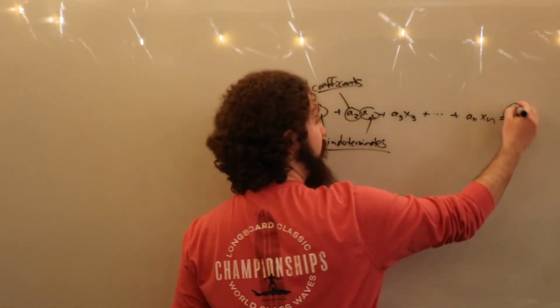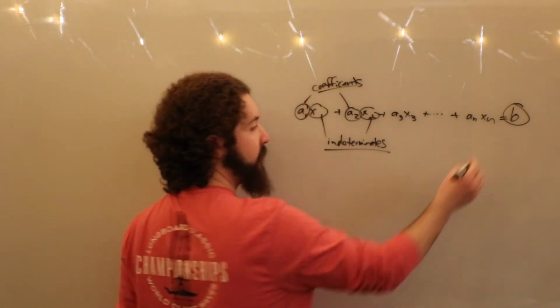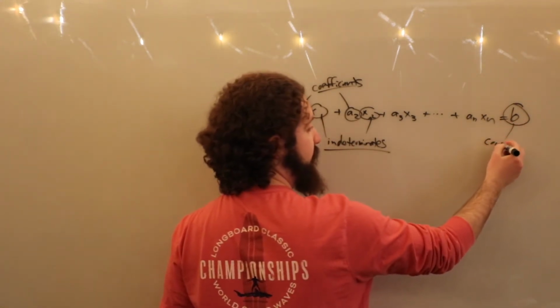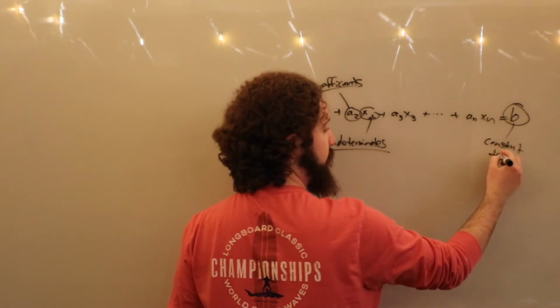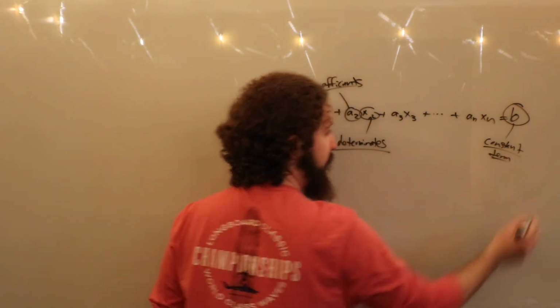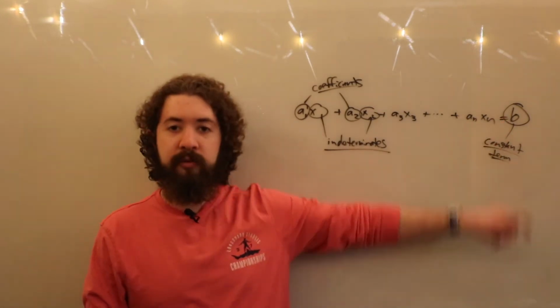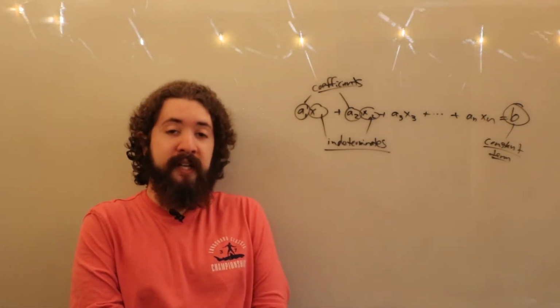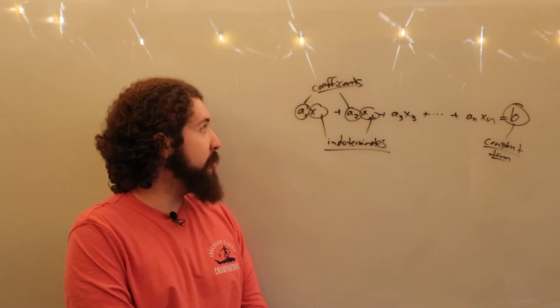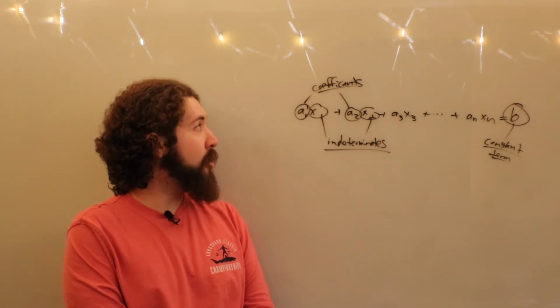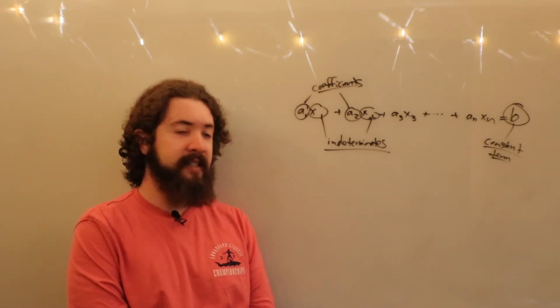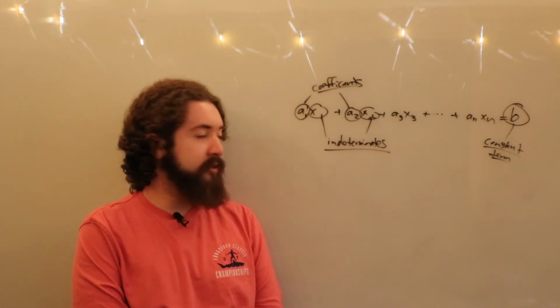And our b all over here by itself, we're going to call this the constant term. And with the exception of our addition signs and our equal sign, this is the complete anatomy of a linear equation. It's very basic. You have indeterminates multiplied by coefficients, added together, and in general that's equal to some constant